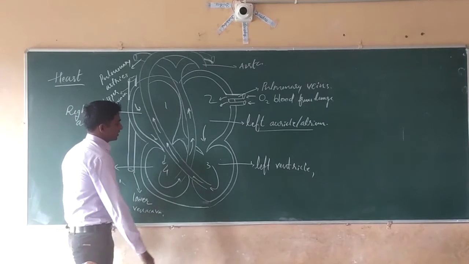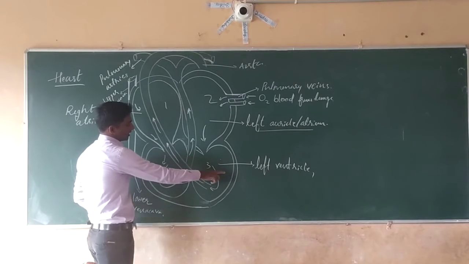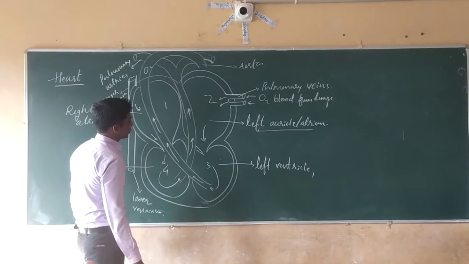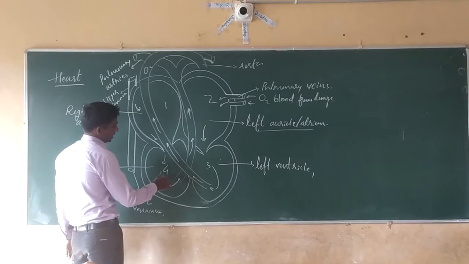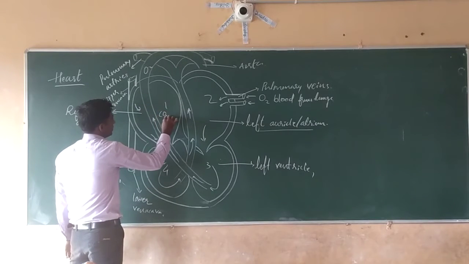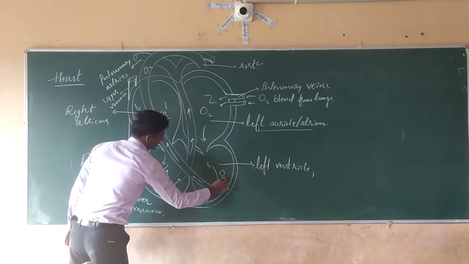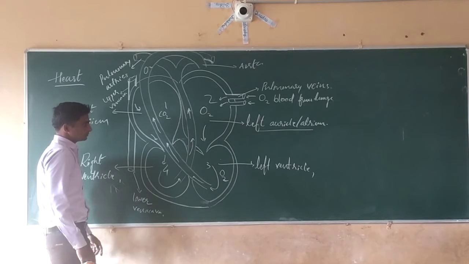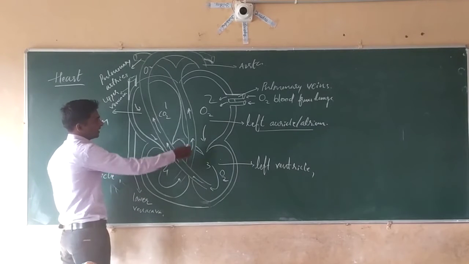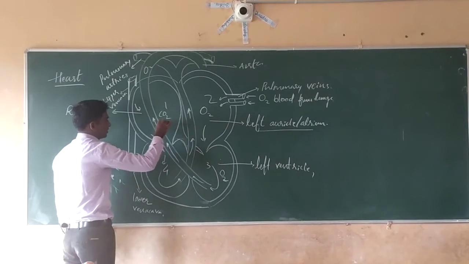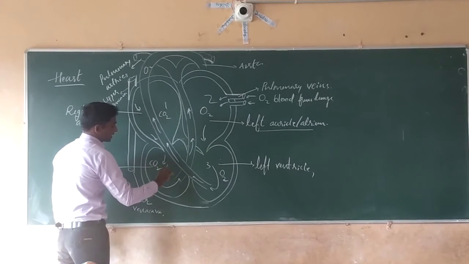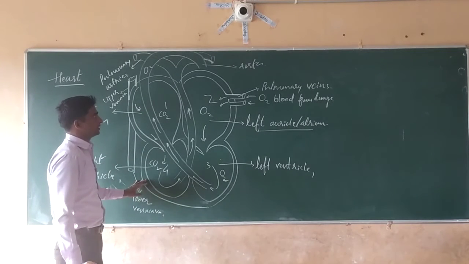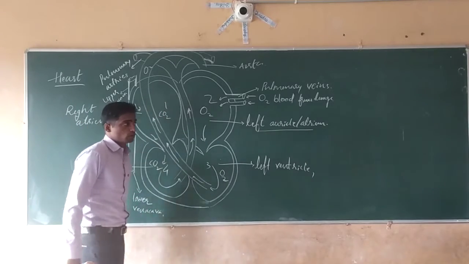And two blood vessels originate from the ventricular regions. That is, from the left region, the aorta will originate, and that brings oxygen-rich blood to the different parts of the body. And next, carbon dioxide-rich blood will come to the right side, and here oxygen-rich blood comes. That is the atrium regions. In the ventricular regions also, the left part receives the oxygen-rich blood, and the right part receives the carbon dioxide-rich blood. Isn't it? That's all about the structure of the human heart.